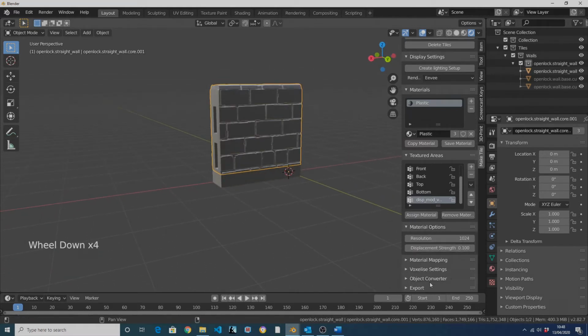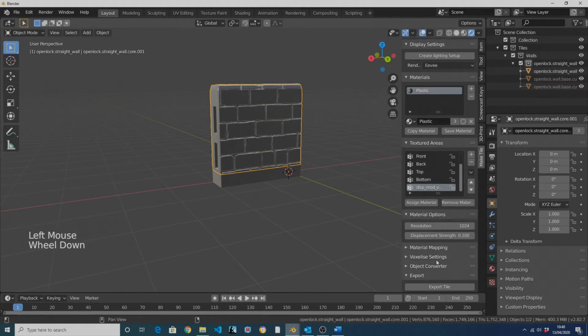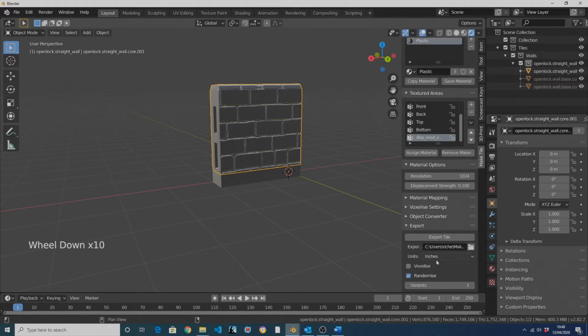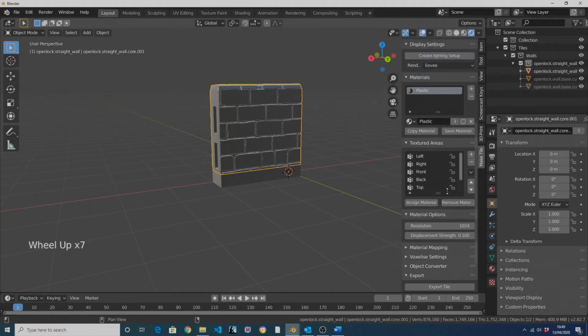To export a single tile at this point, just go down to the Export section, make sure the number of variants is set to 1, make sure your tile is selected, and then click on Export. If you want to export multiple variants of each tile you have selected, then increase the number of variants here. If you click on Return to Preview, we'll have a quick look at how to change the settings of an